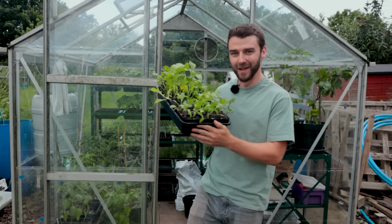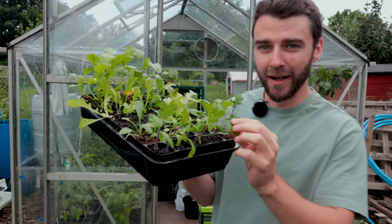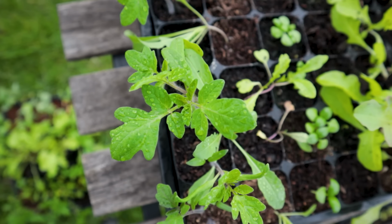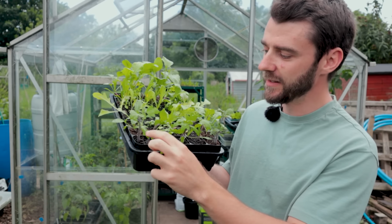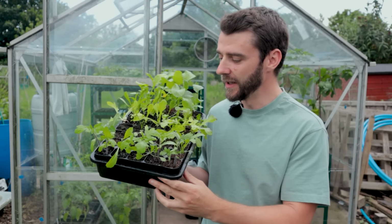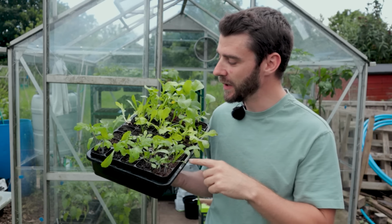First up, we have the Sylvagrow. Now the first thing to note is just how much more advanced the tomatoes are on these. These have got their first true leaves that are really nice and bushy, and the second and sometimes the third sets of true leaves just starting to come out. What has surprised me about the Sylvagrow, and this is not what I was expecting at all, but this is